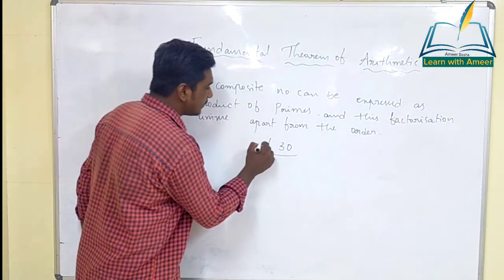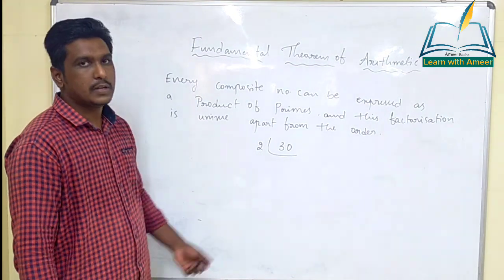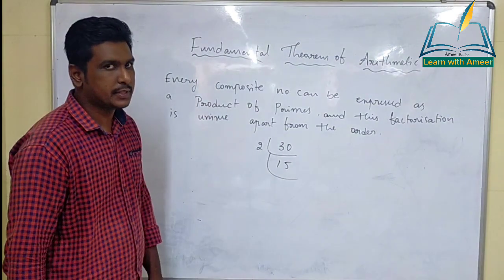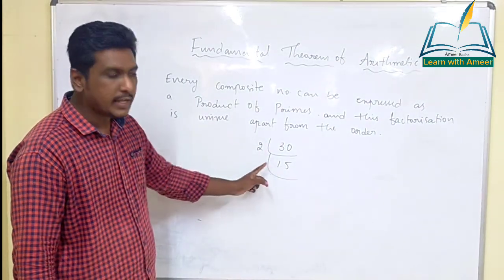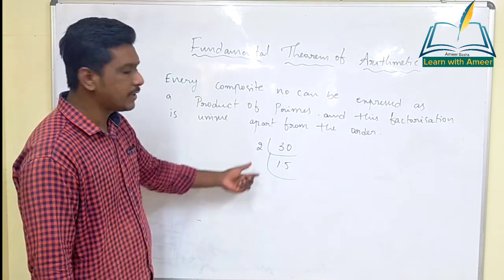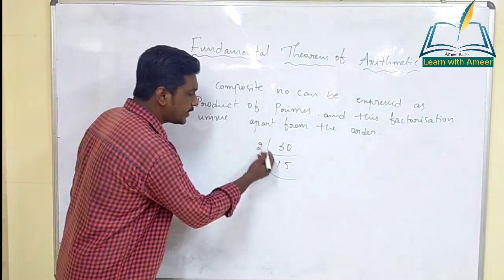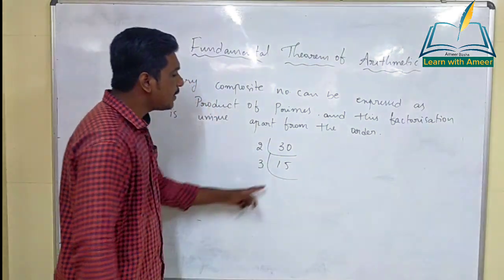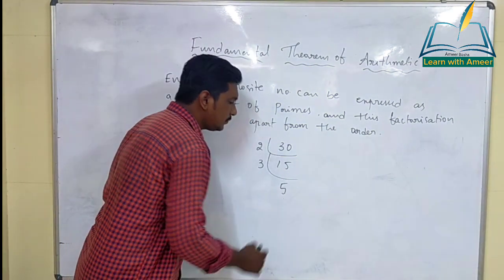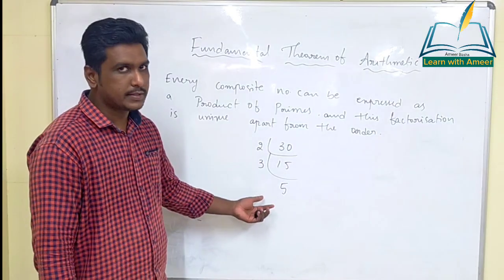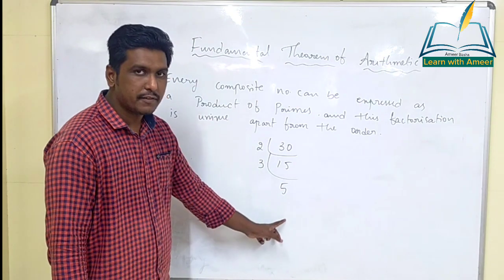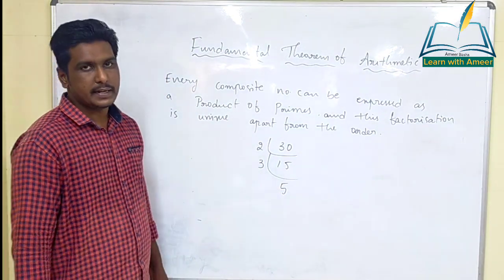Okay, children, now we'll start our factorization by taking the prime number 2. So 2 in 30, how many times will it go, children? 15 times. Now, can we take 2 again here? Since 15 is an odd number, we cannot take 2 here. So what will we do? We'll take the next prime number, which is 3. How many times will we get it, children? 3 5s are 15. So generally we can stop here itself, or some people do one more step and write 5 here, 5 ones are 5. We can stop here itself.